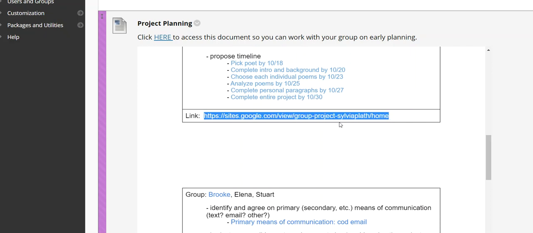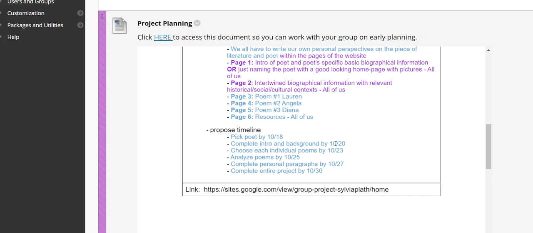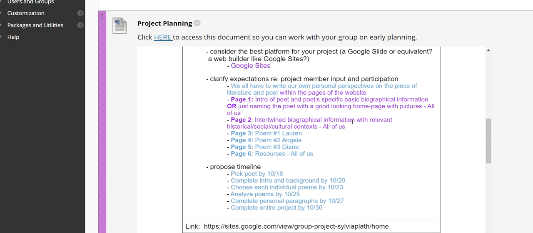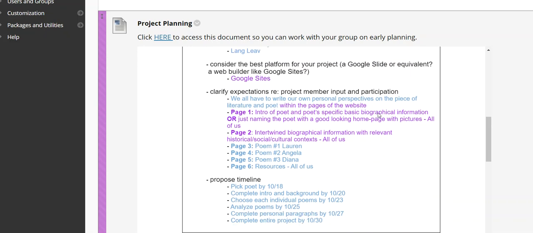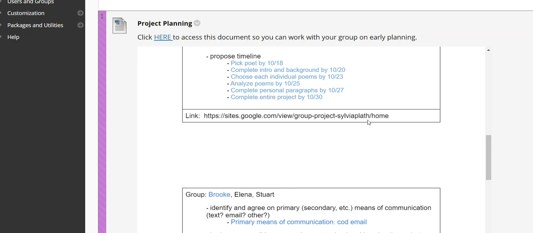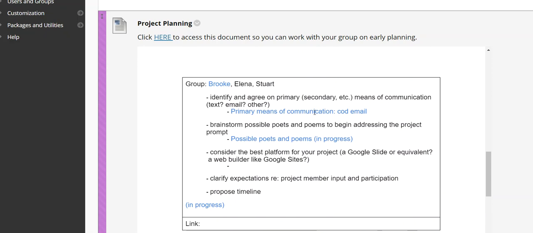And even though we know the thing's not done yet, because this group has chosen to work on building out a website, they've already built the site. It might be blank, I haven't actually looked at it, or there might just be some draft stuff in there, but it's really good to have that link so I can see that the group has made enough progress to have made some decisions about what we are going to produce here, and hopefully by the end of this unit, what poet we are going to focus on, what particular poems maybe. So again, it's not done, I don't expect that, but we at least have some of the groups jumping in.